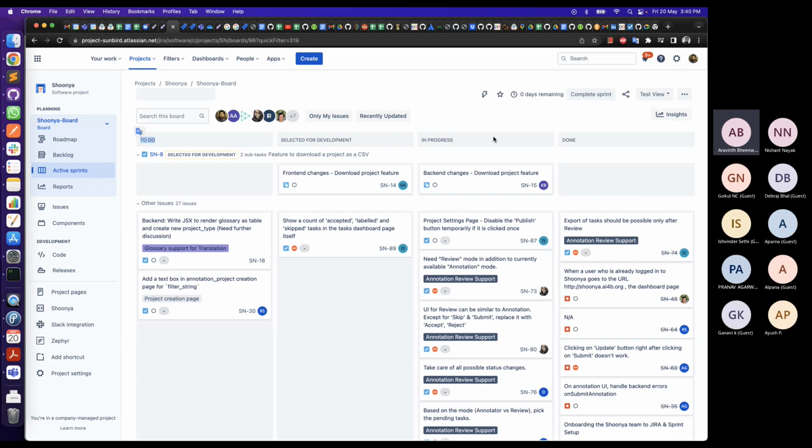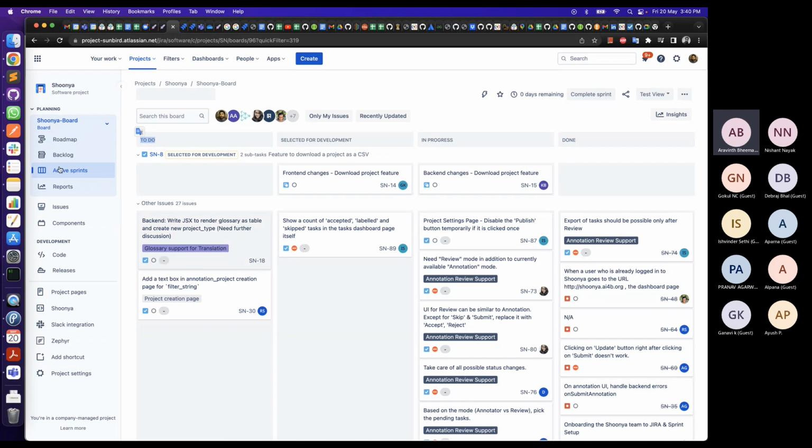So is the status clear? Yeah. Okay, cool. So I think that's pretty much about this one. And so I was talking about the Epic, right? If it is spanning across multiple sprints, we create it as an Epic, and there can be stories. It's just chunking or grouping it, right?